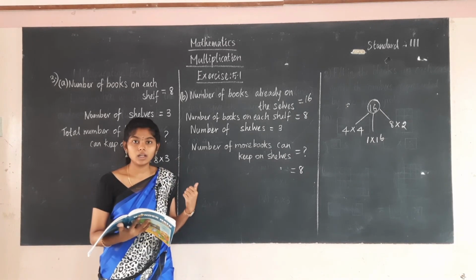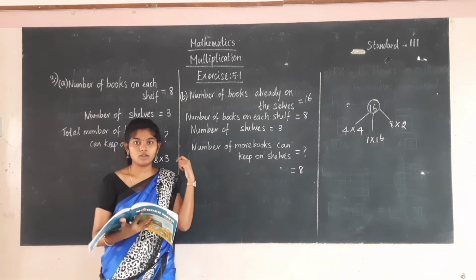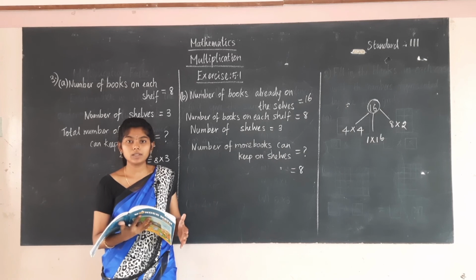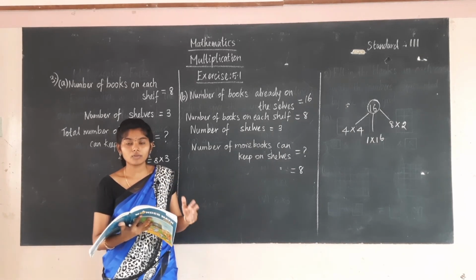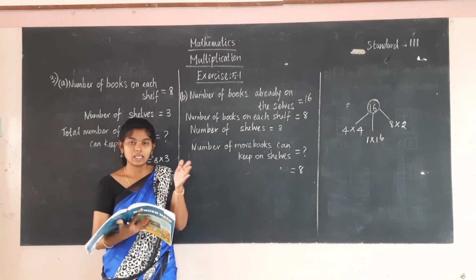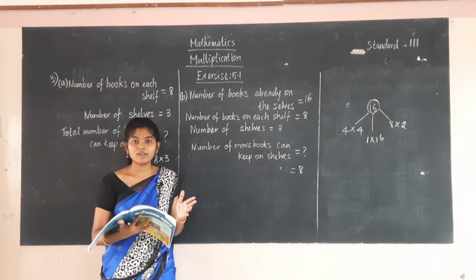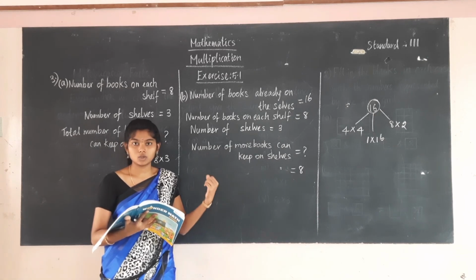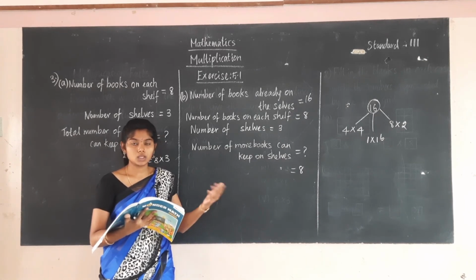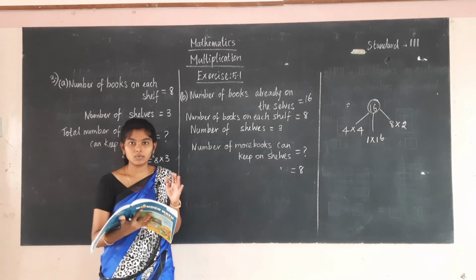And here we have learned about the multiplication facts. So what is meant by a multiplication fact? Multiplication fact means if we change the order of the two numbers, you will get the same answer. For example, we have seen 2 into 3 is 6 and 3 into 2 is 6. 2 into 3 is 6 and 3 2s are 6. So this is the concept we have learned today.